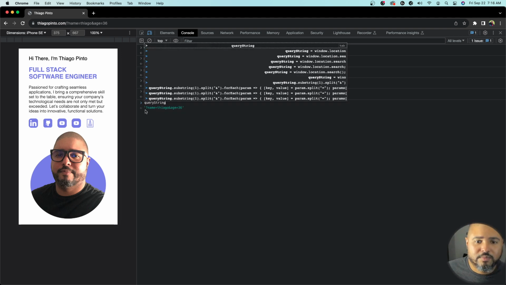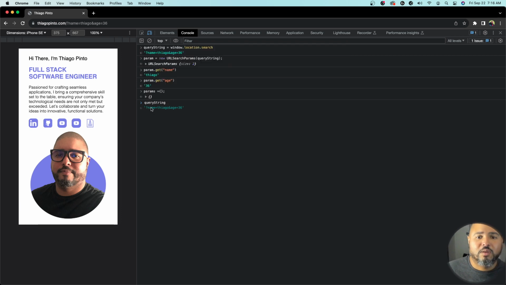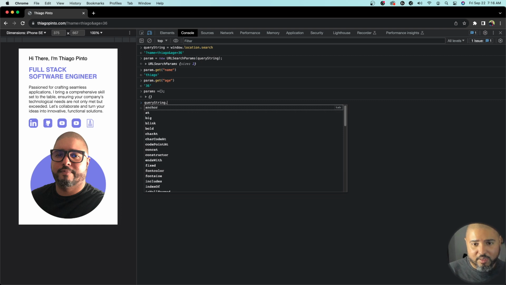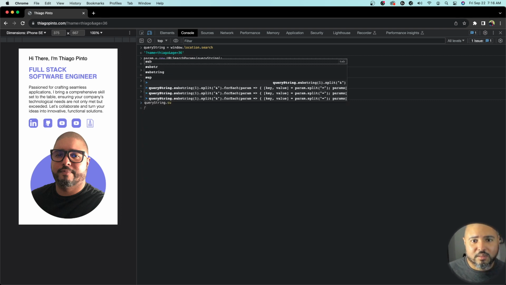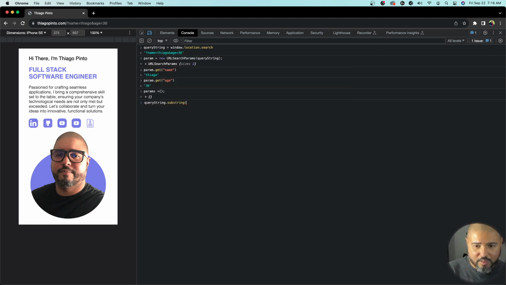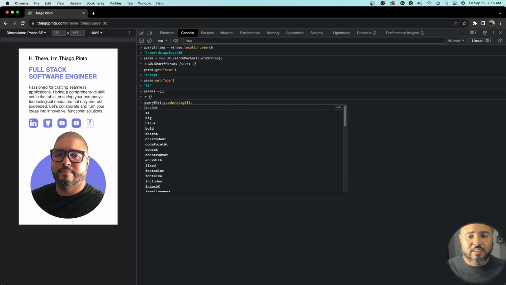As you can see, the query string in here starts with the question mark. We do a substring 1, we remove it, so we start after that, and then we split